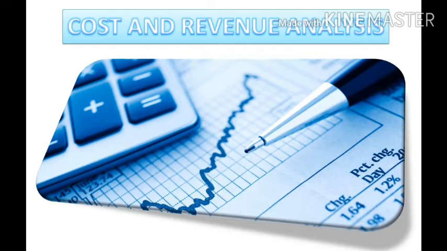In the previous chapter we were seeing how the output varies when the proportion of factors of production was varied. Here we will be seeing how the cost varies with variation in output, right? And after seeing this cost, we will be seeing the various cost curves, their concepts and their shapes, and then we will also explain the concept of revenue. Revenue is the amount of income which a firm gets by selling the goods that it has produced. So these two things we will be discussing in this chapter.